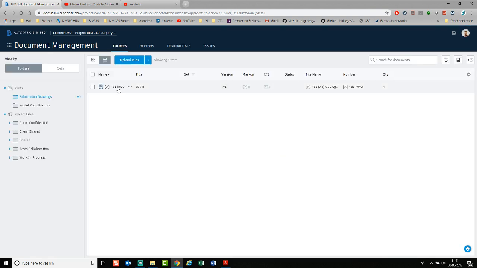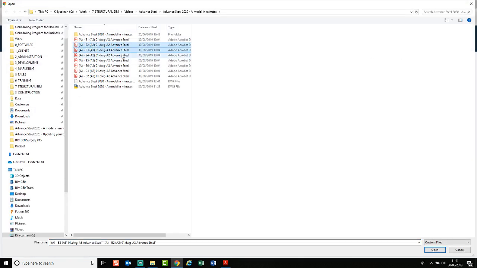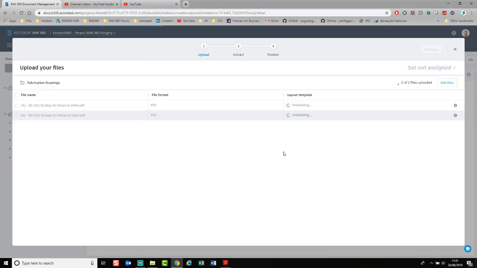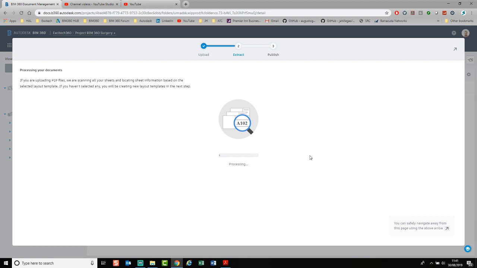You will see that we now have our drawing with the correct name. We've got a title of beam, and we've got the quantity of beams as 4. And if we want to then test the process on another, let's say 2 sheets, click open, click OK. It will start to initialize. We've got no template, so we then pick the one we've just created, then click continue, and it will repeat